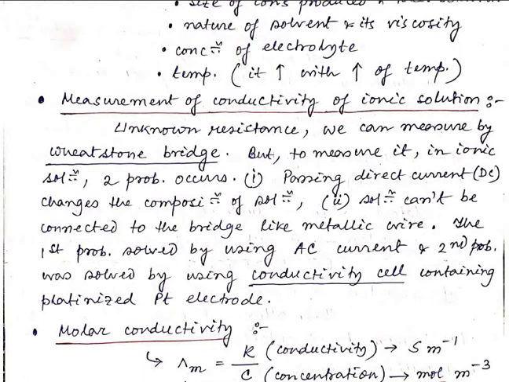तो अगर मेरे पास कोई अननोन रेजिस्टेंस है तो उसको मेजर करने के लिए हम लोग Wheatstone bridge यूज करते हैं। बट अगर हम लोग आयनिक सोल्यूशन के केस में इस Wheatstone ब्रिज को यूज़ करेंगे, तो इसमें मेनली 2 प्रॉब्लम होते हैं। फर्स्ट प्रॉब्लम क्या है? फर्स्ट प्रॉब्लम इज पासिंग द डायरेक्ट करंट, दैट इज DC, चेंजेस द कंपोजिशन ऑफ द सोल्यूशन। क्योंकि Wheatstone ब्रिज में हम लोग DC यूज़ करते हैं और उसको यहाँ यूज़ करेंगे तो कंपोजिशन ऑफ द सोल्यूशन चेंज हो जाएगा। सेकेंड क्या है, द सोल्यूशन कैन नॉट बी कनेक्टेड टू द ब्रिज लाइक मेटेलिक वेयर,